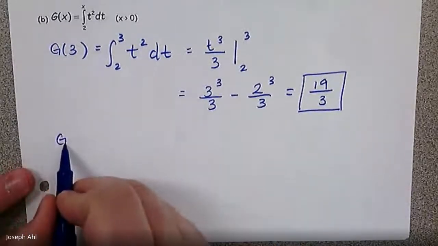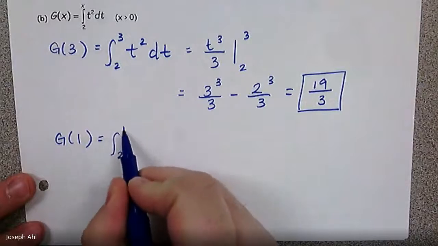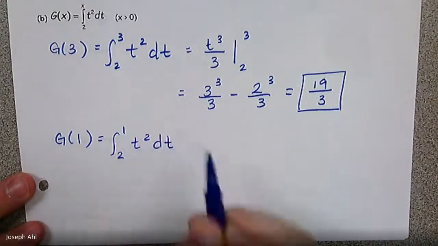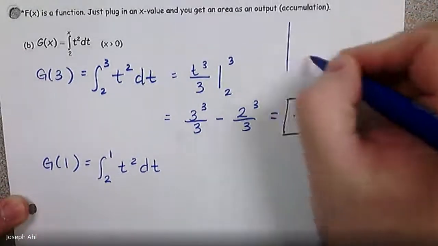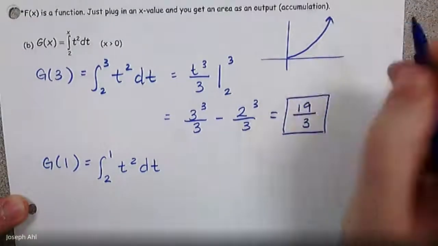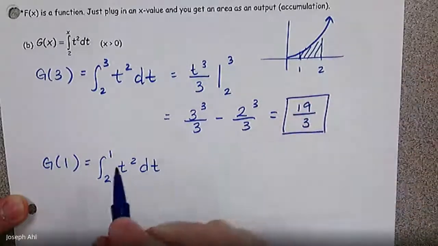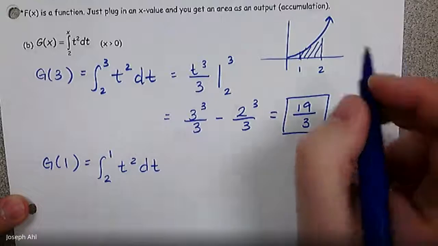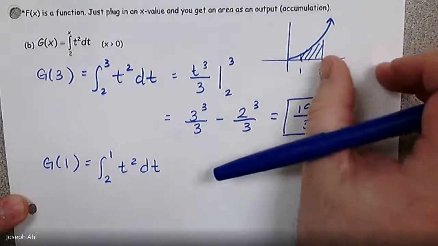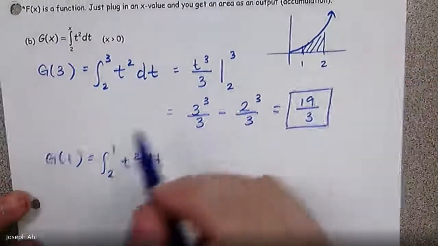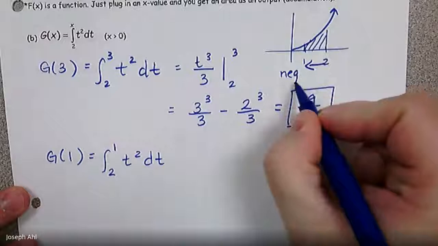Well, what's kind of interesting about this one is, what if I asked you to do G of 1? So G of 1 would be the integral from 2 to 1, okay, of t squared dt. And if you draw a picture of what we have going on here, we know what t squared looks like. Here's 1, here's 2. Here's the area there. But when we're accumulating area, if you're going from left to right, we think of the accumulation of area as being a positive amount. But what we'll find in this example is that as you work backwards, you're going to get a negative